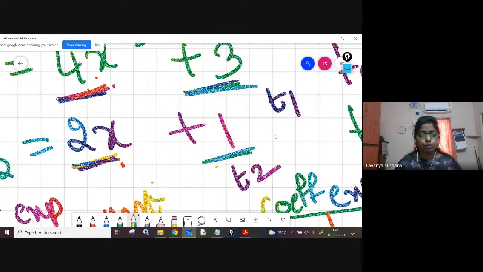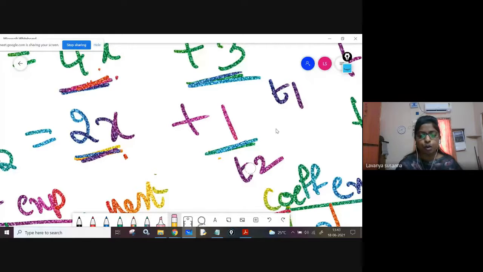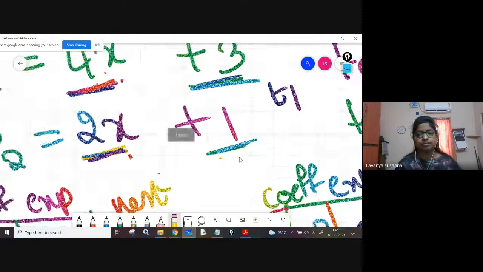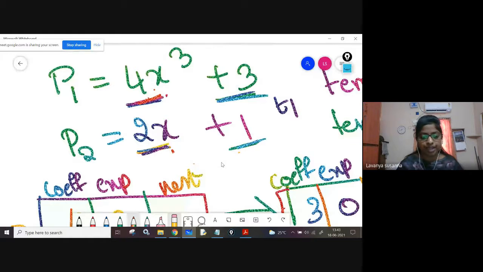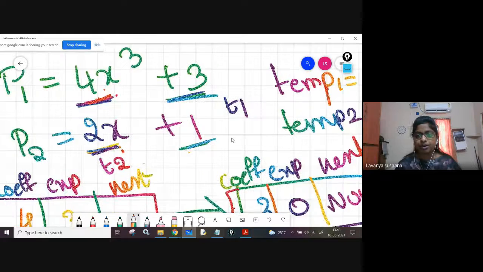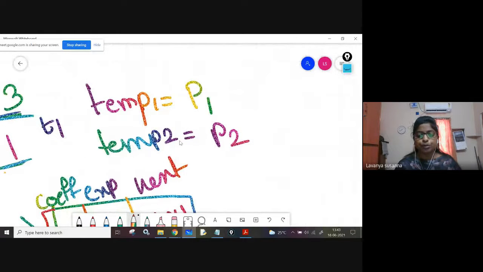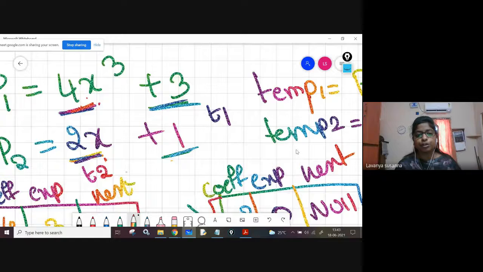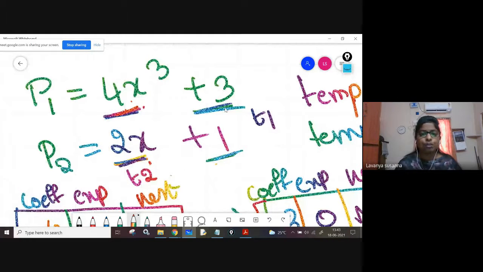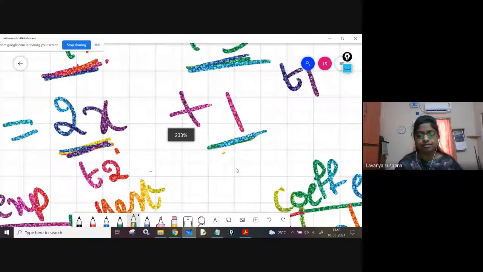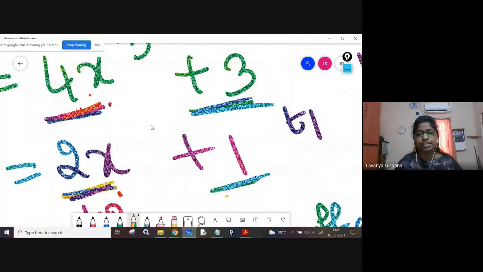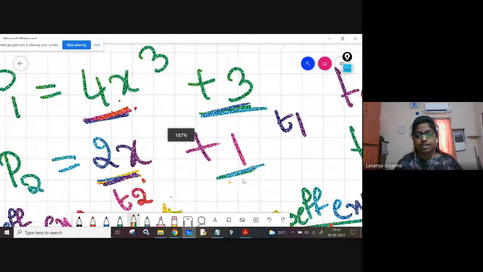That means you should make this T2 point again to the first node. See, again you should make temp 2 point to the first node. That means again you need to assign temp 2 equal to P2. What is P2? P2 always points to first node, right? So again you are assigning address of P2. Why? Because you have to multiply 3 with 2x. Previously temp 2 is at 1. Previously you have multiplied 4x cube into 1, right? So T2 is at first